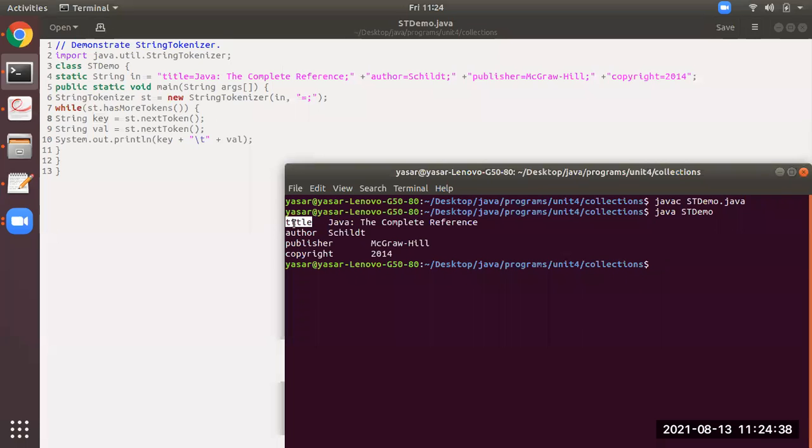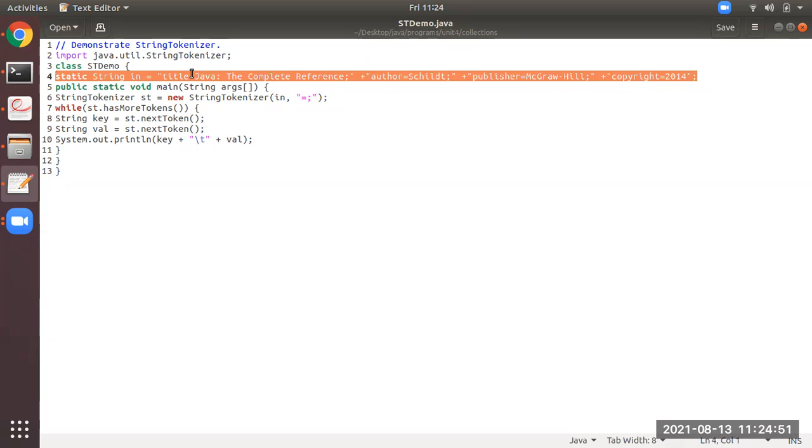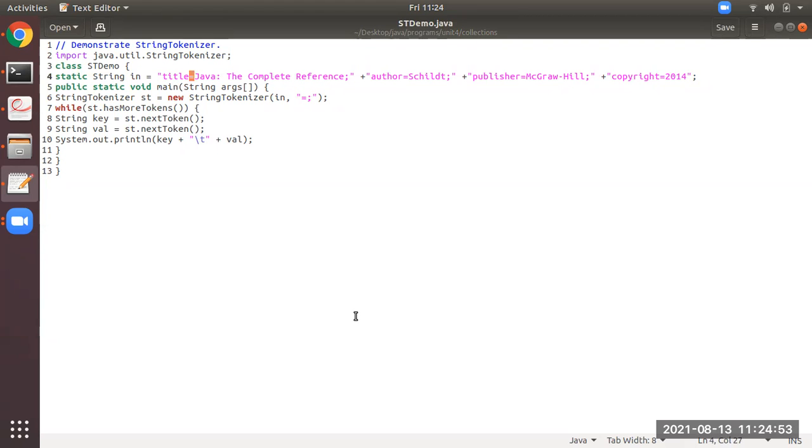This is the key. Then it will come to the 9th line, string val equal to nextToken. NextToken means from where it stopped, at the equal to. After the equal to, whatever is there, it will read till the next delimiter.